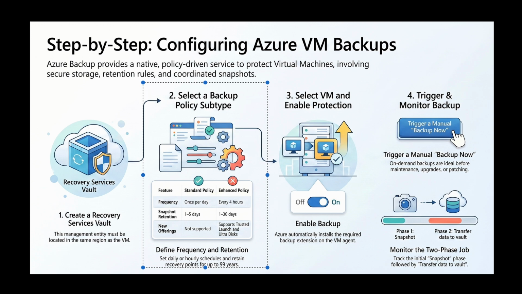And also you can configure alerts so that in case a backup job fails, you can get alerted and take action. So that's how you configure Azure VM Backup completely from scratch in Microsoft Azure. We created a recovery services vault, backup policy, enabled the VM protection, and triggered a manual backup, and also verified the recovery